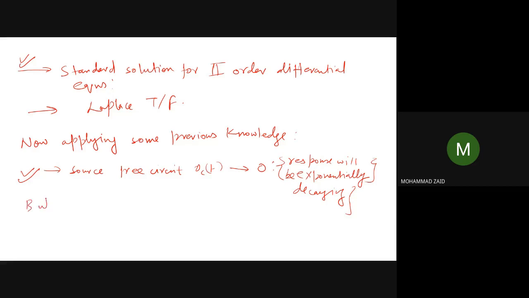But we do not know whether it will be a purely exponential decay or what the shape will be. We also don't know the time constant, how it will depend and what the shape will be. But we know that the response will be exponentially decaying, whether it will be a summation of exponentials or something else.